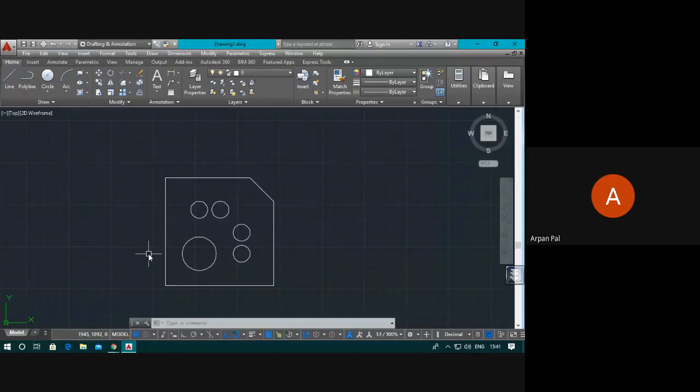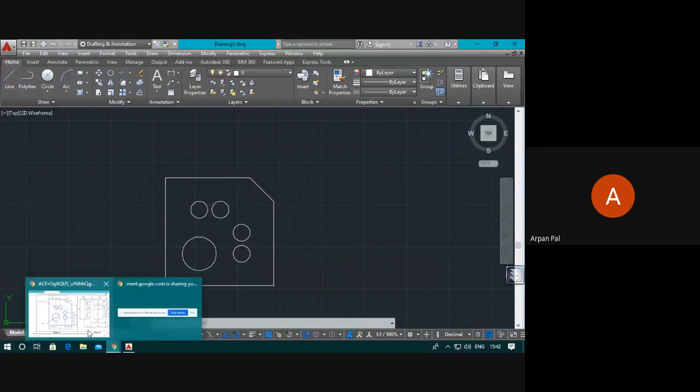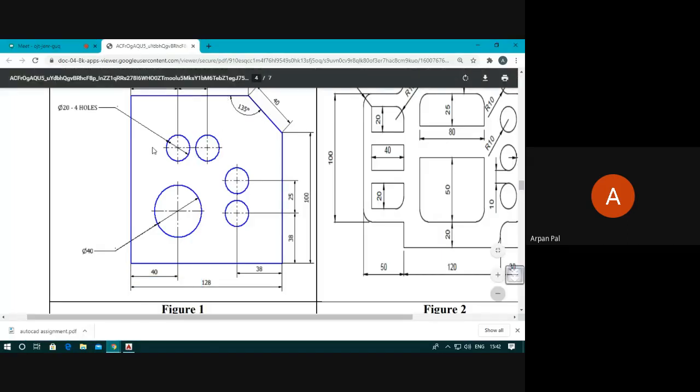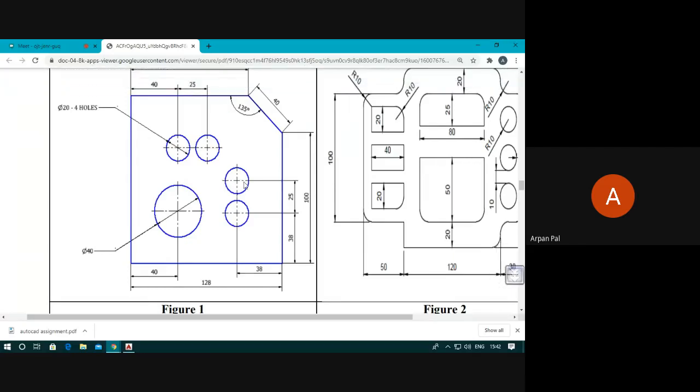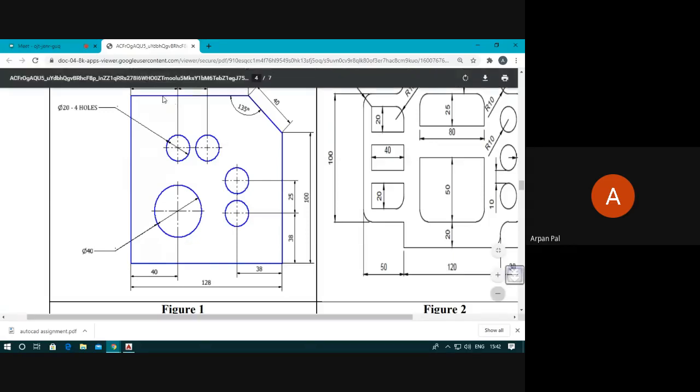Okay. So how to draw this reference line, that thing we also learn today. Can you observe that your drawing is actually finished, the dimensions have not been put till now, but your drawing is more or less finished. Okay. So, how to draw this reference line?